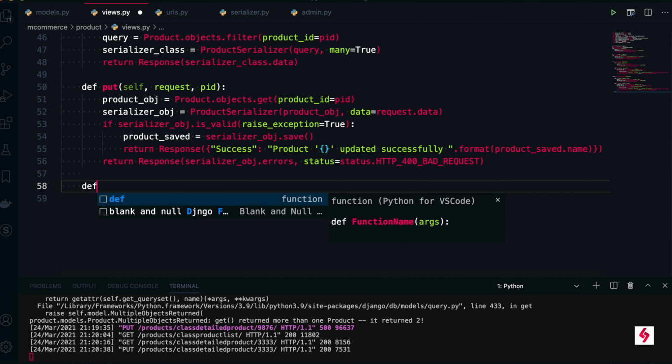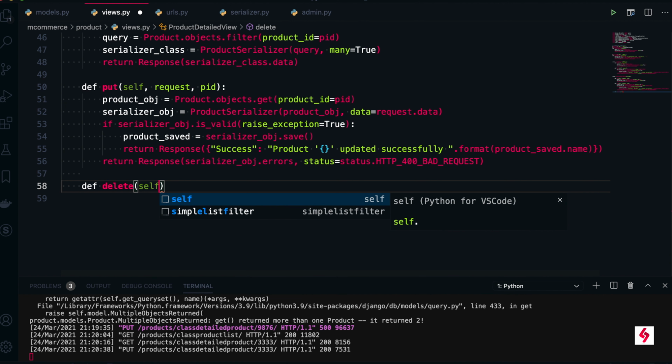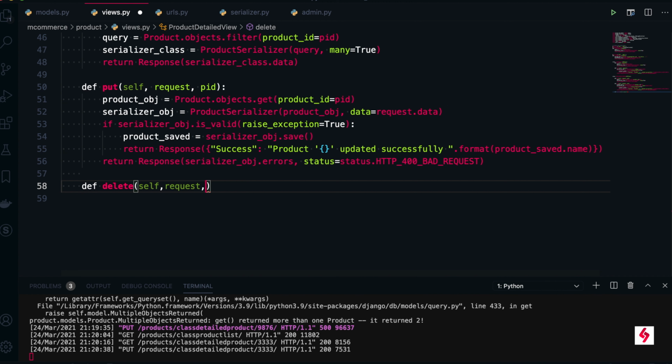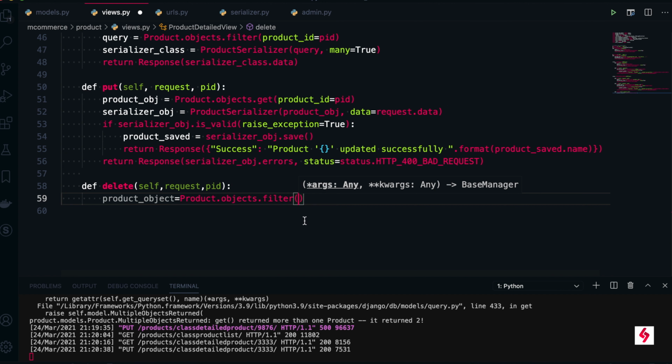So we don't need to write this much code. We can simply write def delete. Here delete means which specific product you are deleting. That's important. So request comma PID, and you put the colon here, and the next one is Product. So you want to delete some product object, right? So Product.objects, take this product, basically you are deleting from the memory, in the sense the database. And filter here,